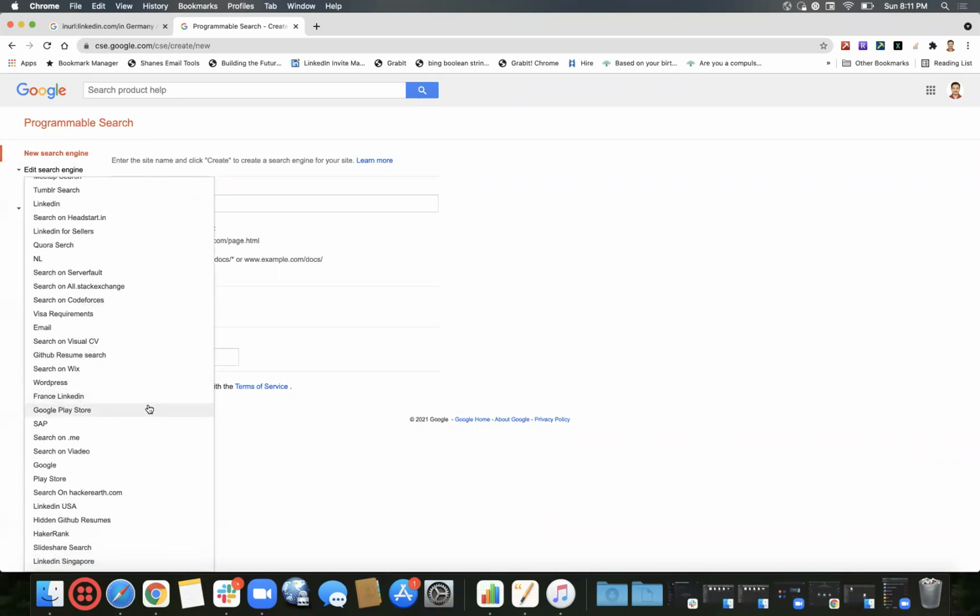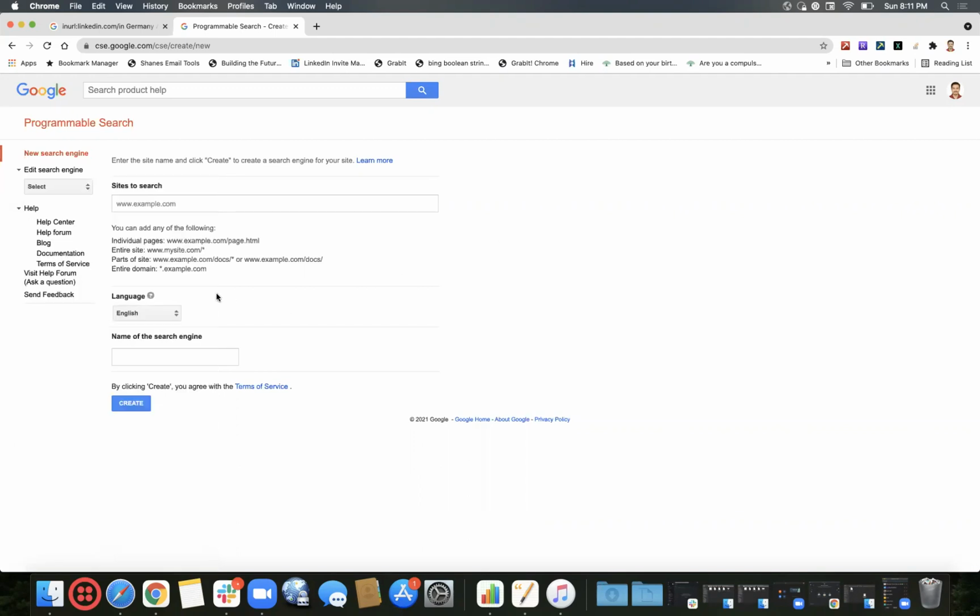So whichever site we identify that has a list of profiles or information, and we want to search for those profiles or information in that site, it could be for jobs also, we can create a search engine for that particular site, something like individual pages, the entire site, a part of the site, or the entire domain.